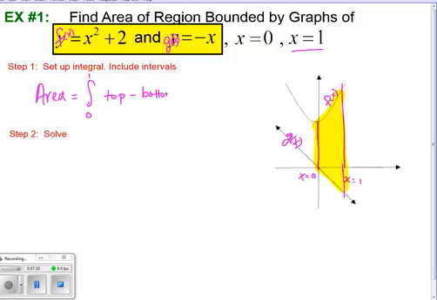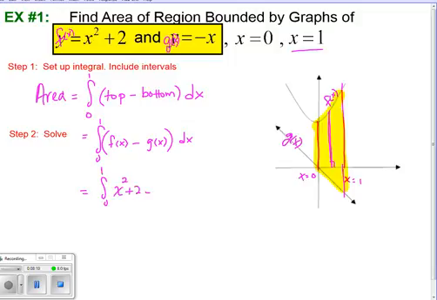I think if you keep this notion in mind, top minus bottom, it is going to serve you well. That is when we're running perpendicular. I want to calculate my area perpendicular to the x-axis. So which is my top function? It is the f of x function for us, because that's the quadratic, minus the linear function g of x dx. And then let's substitute in the actual equation. So x squared plus 2 minus negative x for g of x